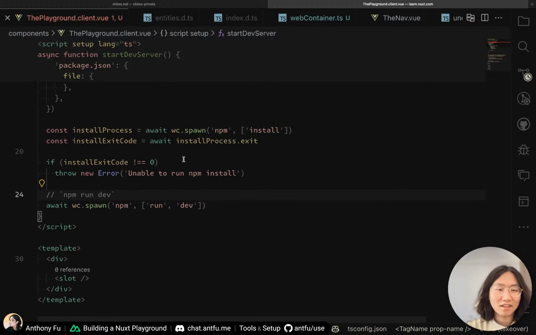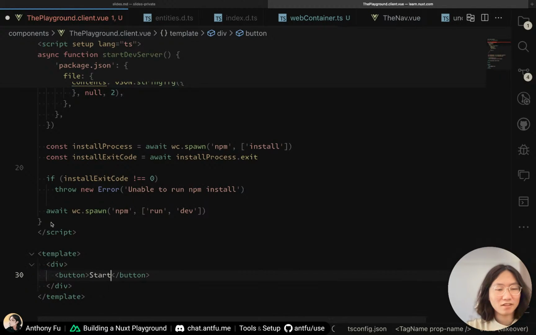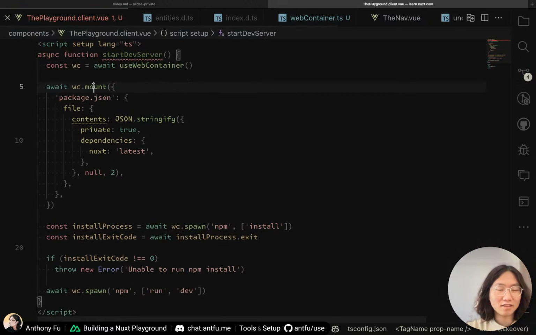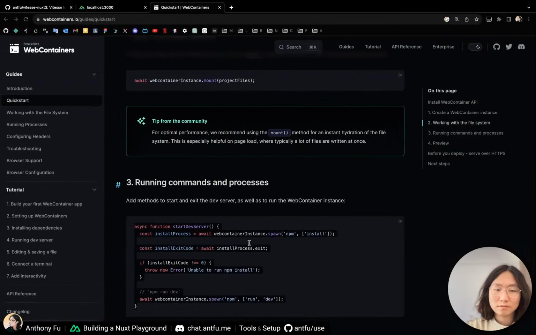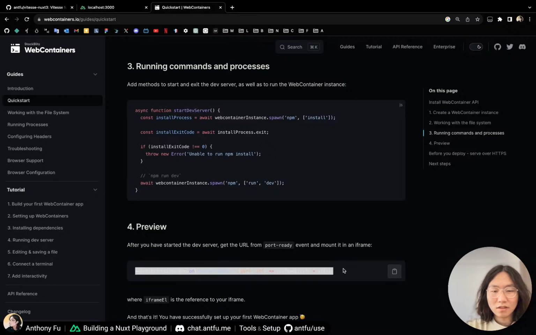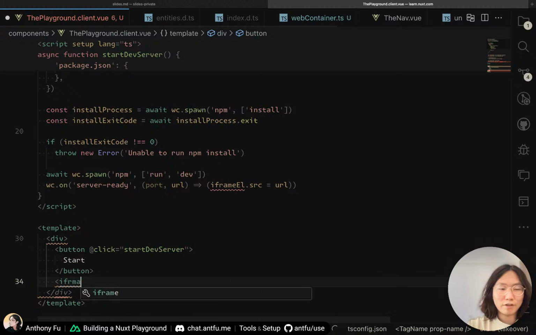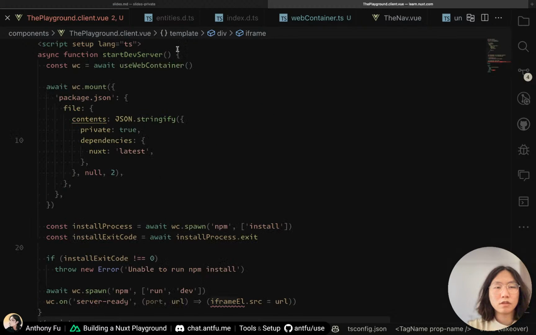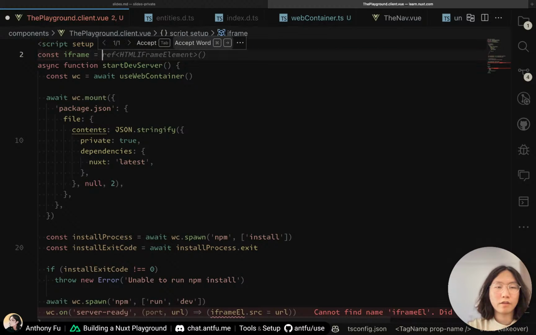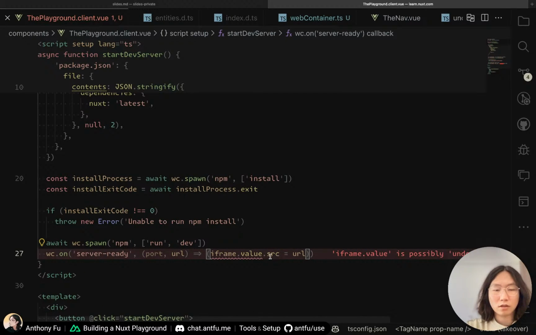Okay, so I just put a button to start. So maybe I'll just put all the things inside, so it'll be easy, right? Preview. Okay, it's super fancy. So basically, I have an iframe here. For iframe, I think it's better to have a ref called iframe. The ref is a Vue feature. You declare a ref here, and here you have a ref dot value dot,